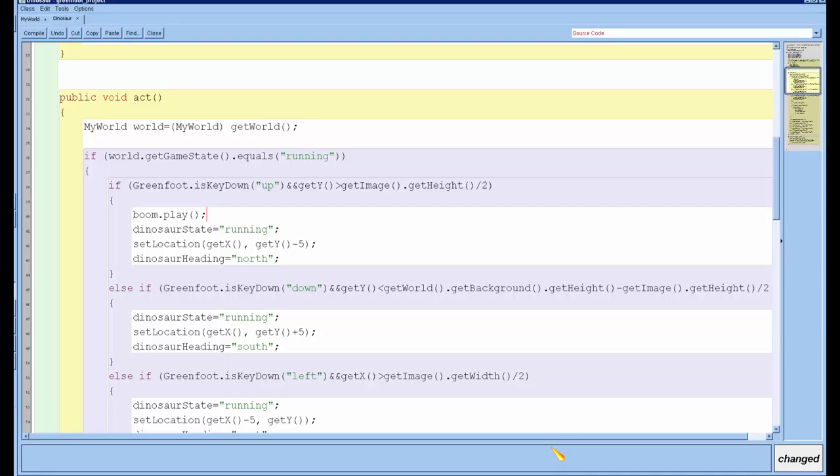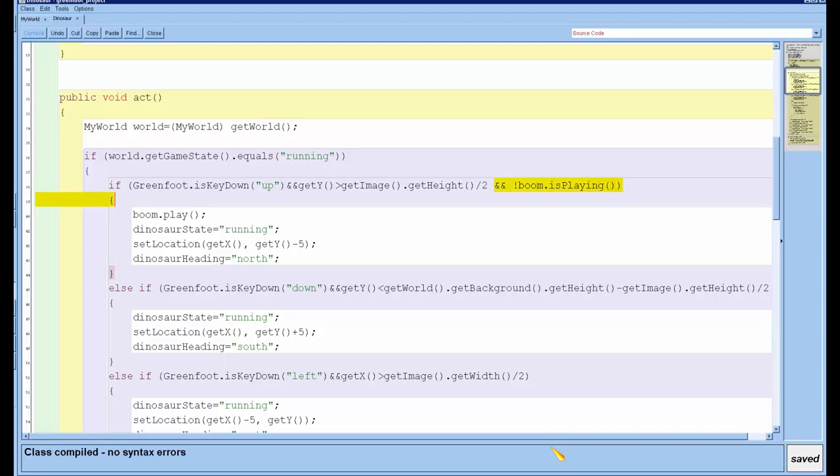Now the reason I need that if-not-playing check is that we don't want a sound effect playing on top of itself, which will happen. The way to get something to loop without having it play over itself is to put in that little if statement. So I'm going to say if not boom.isPlaying, then boom.play.